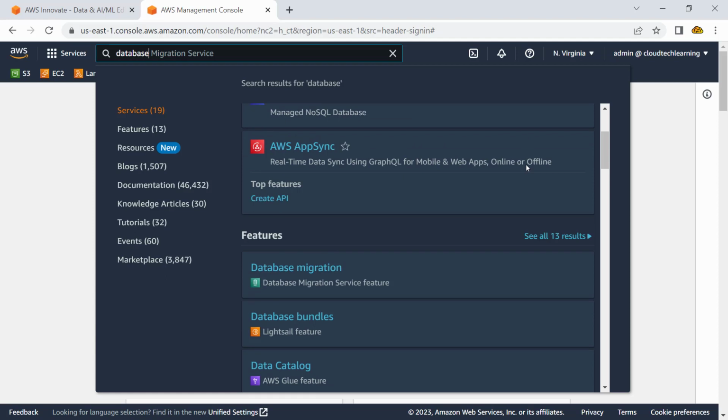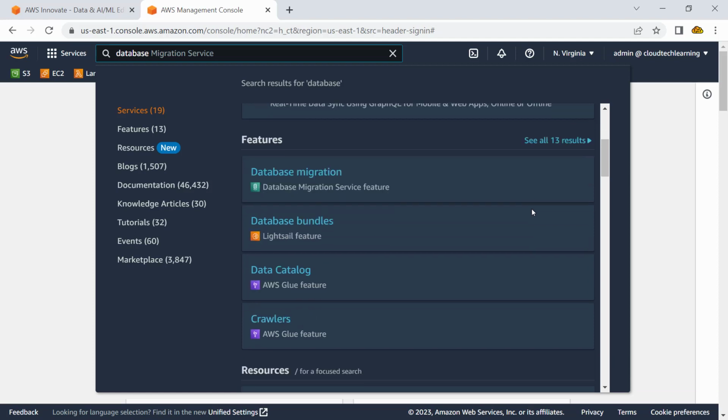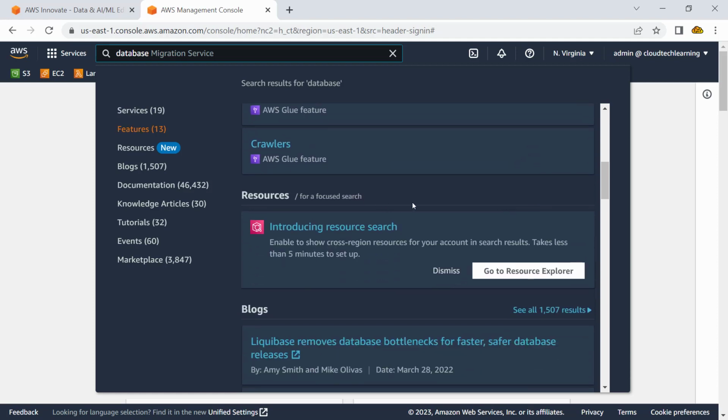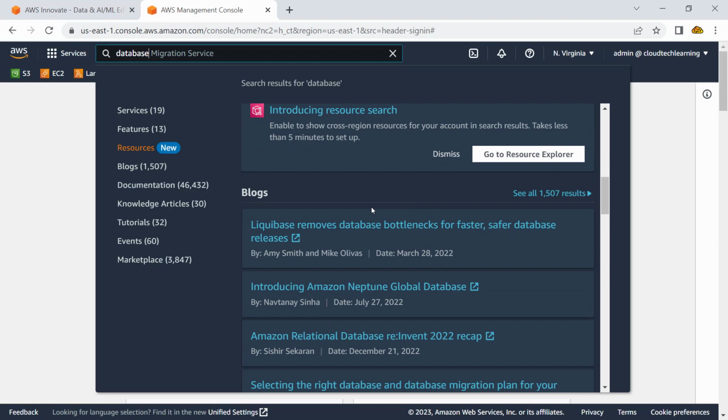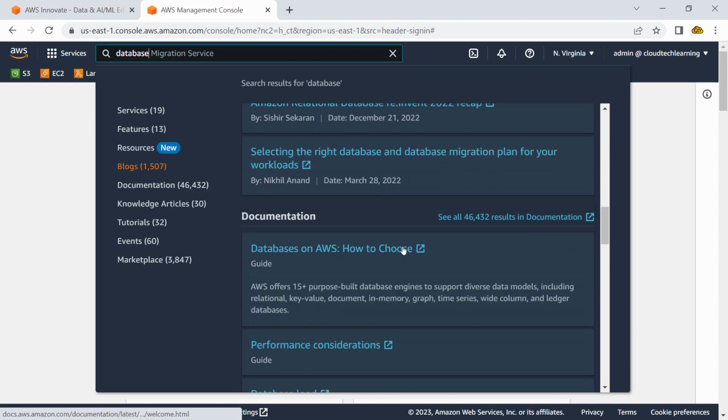It would list not only services but also features within those services which may help you. So this is a very intuitive search interface by which I get service details, feature details, additional resources, blog posts related to it, plus documentation, like database on AWS, how to choose.